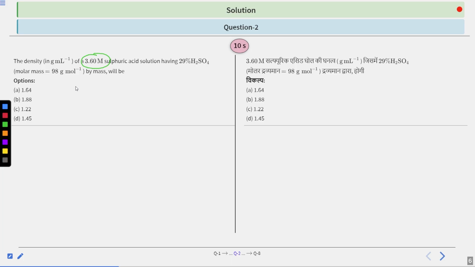Fair enough? So you are given the molarity first of all. So molarity will be equal to number of moles by given volume. The problem is that you don't have the volume here. You can find it using the density. So use this thing, just use this part to calculate the overall value. So your time to solve this question starts now.